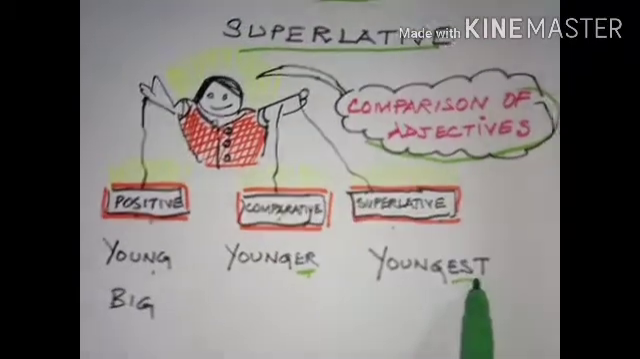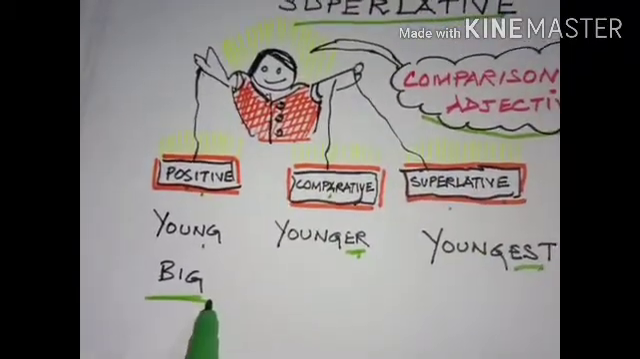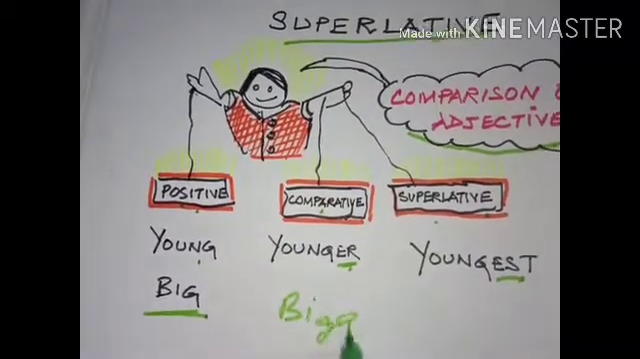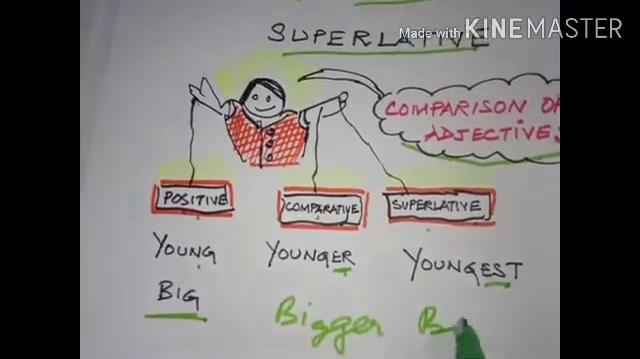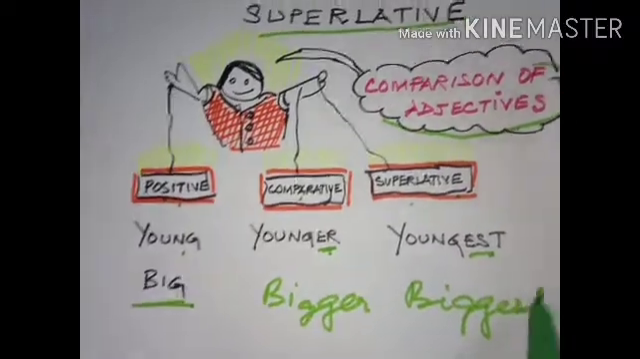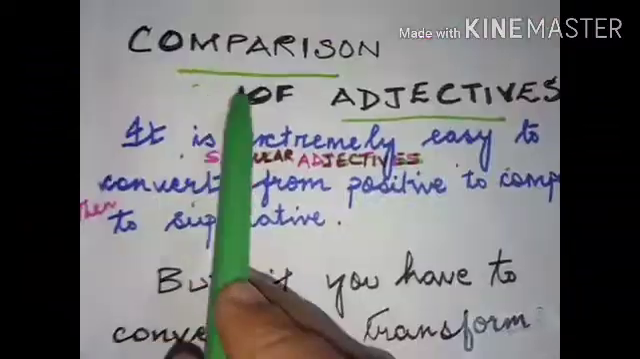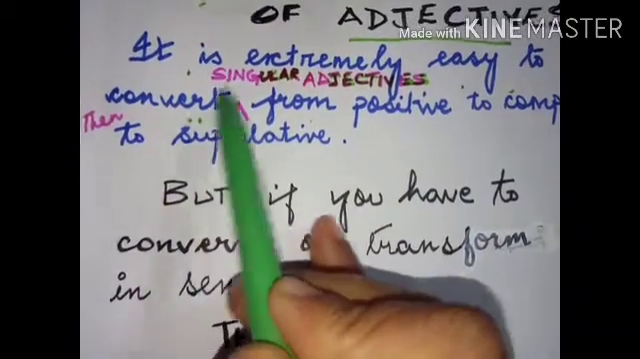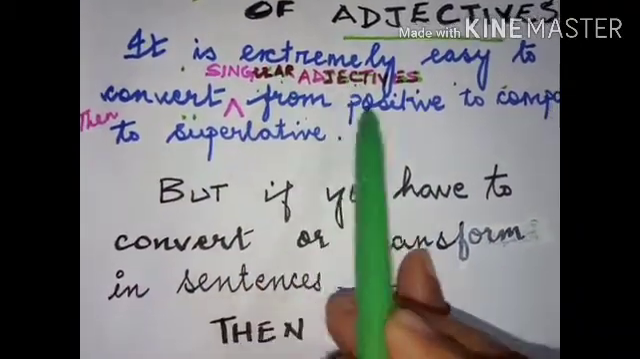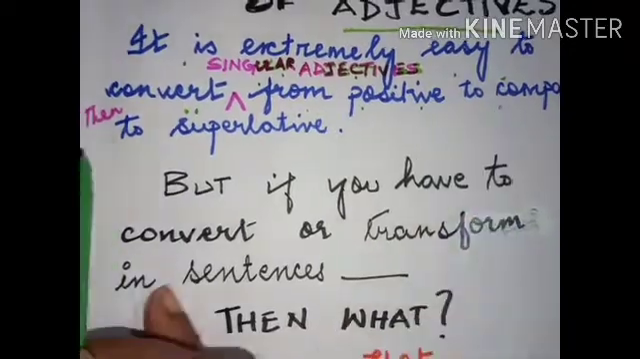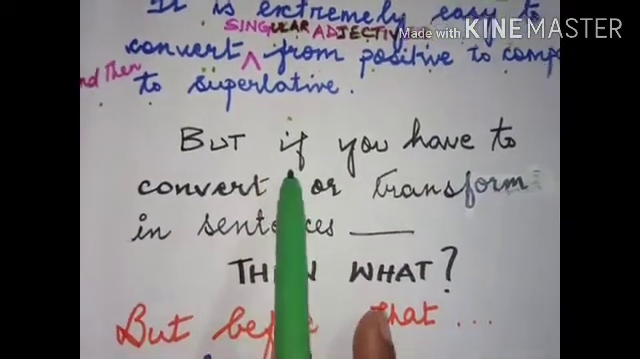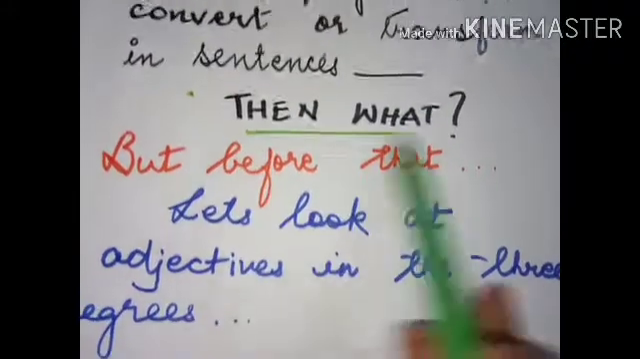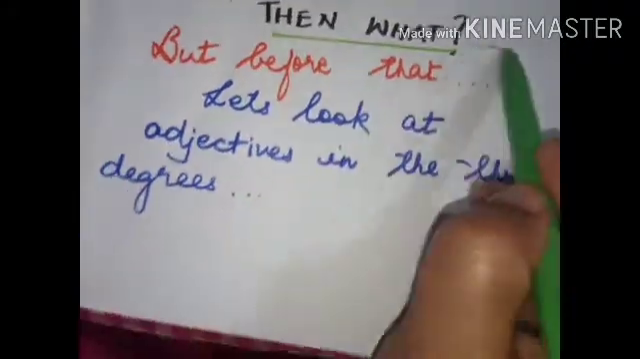become youngest. So try to do big. So big will become bigger and then biggest. So you add double G here. Comparison of adjectives. Now it is extremely easy to convert single adjectives from positive to comparative and then to superlative. But what if you have to convert or transform in sentences? Then what will you do? But before we go with this,